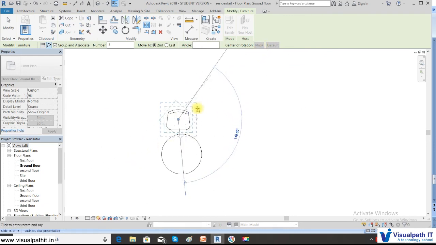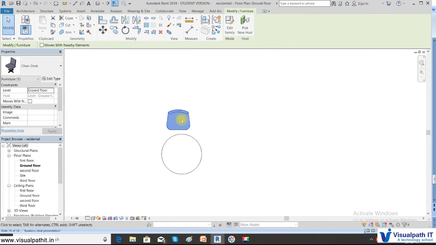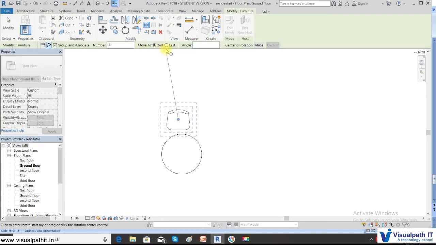Let's do it again. Select it, click array, and move the center option to this midpoint. Now the center of rotation has moved.